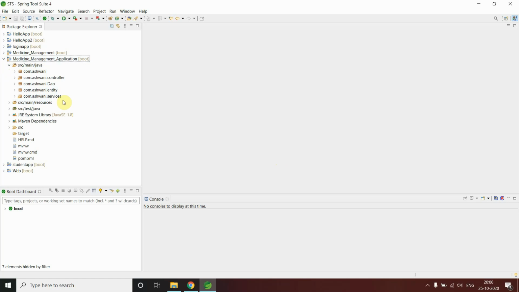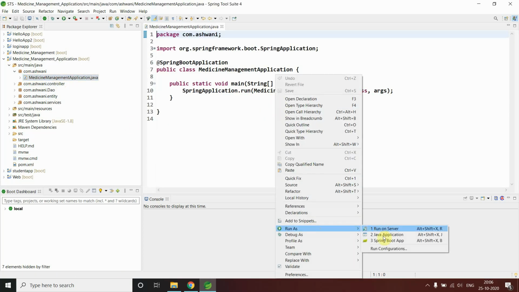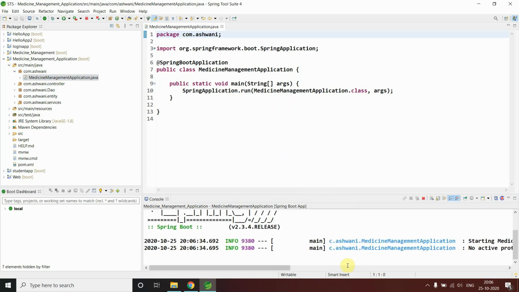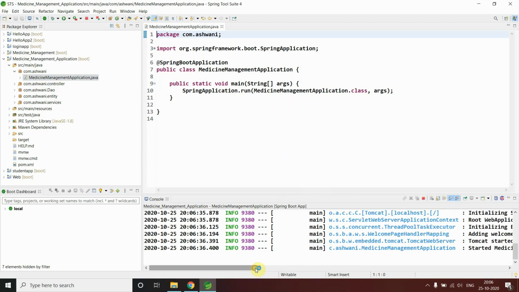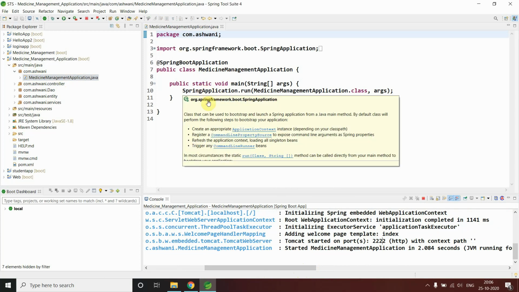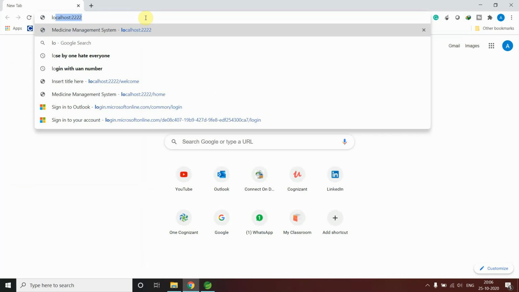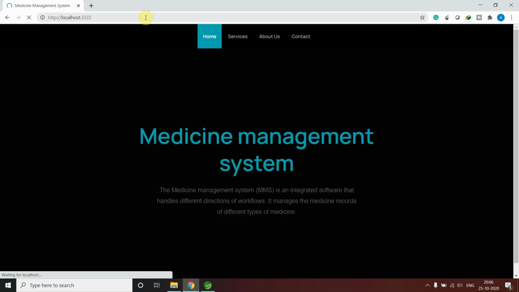Okay, so in this video, let me show the application first. This is our main class, right? We already did this whole thing. So let me run this application as a Spring Boot. We already know our application is running on port number 4002, right? I think it is visible, the text is big enough. So let me go to the client, and my application is running on that port number, and I say localhost. Yeah, this is our application.